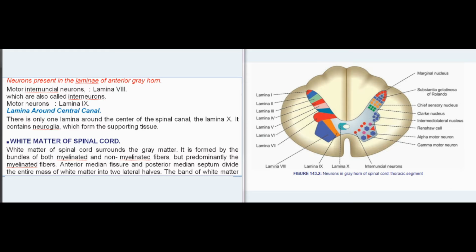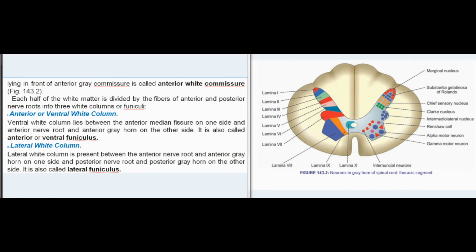White matter of spinal cord. White matter of spinal cord surrounds the gray matter. It is formed by the bundles of both myelinated and non-myelinated fibers, but predominantly the myelinated fibers. Anterior median fissure and posterior median septum divide the entire mass of white matter into two lateral halves. The band of white matter lying in front of anterior gray commissure is called anterior white commissure. Each half of the white matter is divided by the fibers of anterior and posterior nerve roots into three